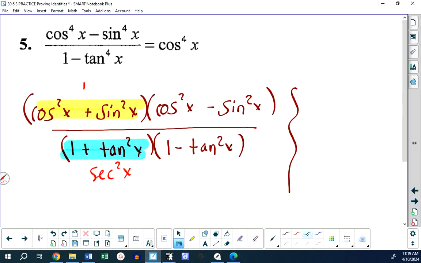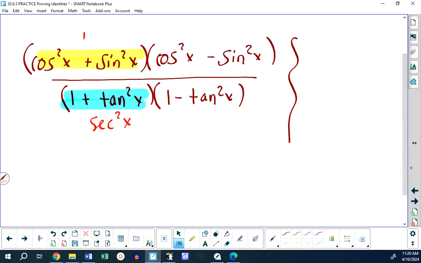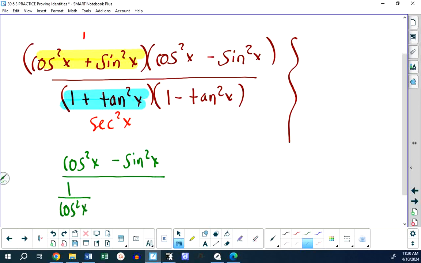Now, I'm not saying the answer is going to reveal itself right away, but that's a big step forward. What I have then is cos squared of x minus sine squared of x over 1 over cos squared of x times 1 minus sine squared of x over cos squared of x. I'm just shaving a little bit of time off of our work here